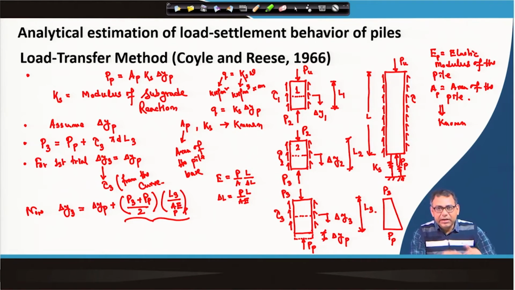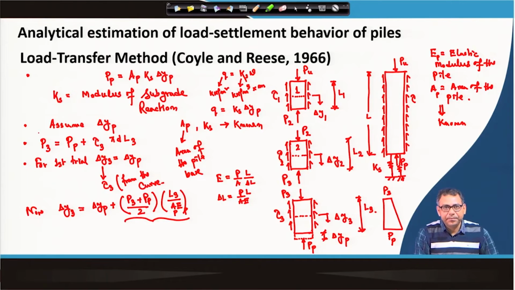using the new del y 3, we will again calculate tau 3 and then again I will put the tau 3 and then we will get the P 3, and then once we get the P 3, then again we will get another del y 3, and then again we will check it and it will continue, okay, unless the previously assumed or calculated del y 3 is equal to or very close to the new calculated del y 3. Okay. So, once we get the del y 3 updated one after iteration, then we will get the final